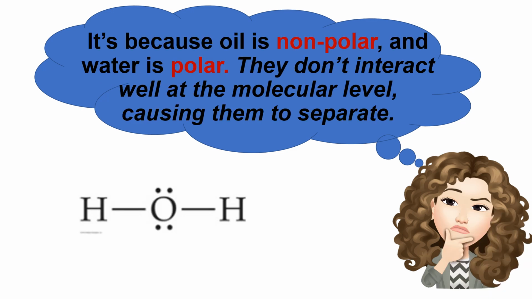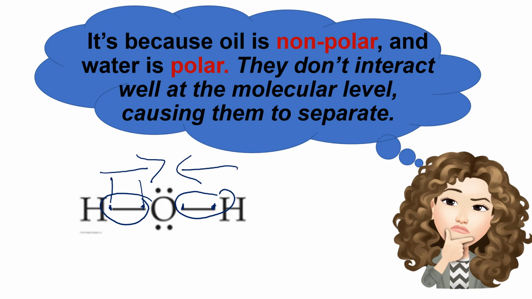Notice the formula of water. The two bonds between oxygen and hydrogen each consist of an electron pair, because you have one electron here and another electron here, the same as on the next bond. So two electrons are shared between the oxygen atom and the hydrogen atom. The oxygen and hydrogen atoms each donate one electron to this electron pair. However, they don't share them equally. Your oxygen atom here takes more than its fair share of the electron pair.